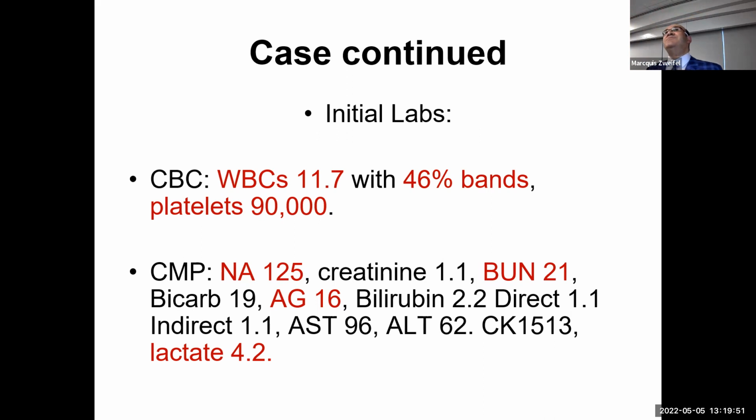So the patient had 46% bands and platelet count is 90,000. Pay attention to the 90,000, okay? Sodium 125, creatinine 1.1, BUN 21, bicarb 19, anion gap 16, bilirubin 2.2, direct 1.1, indirect 1.1. AST is elevated 96, ALT 62, CK somewhat elevated 1,513, and lactic acid is 4.2. Okay, so